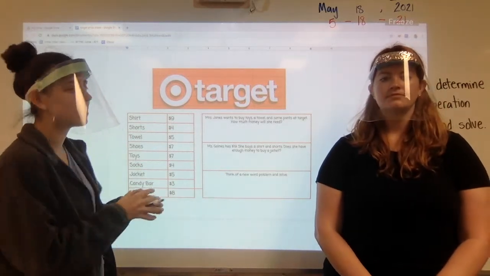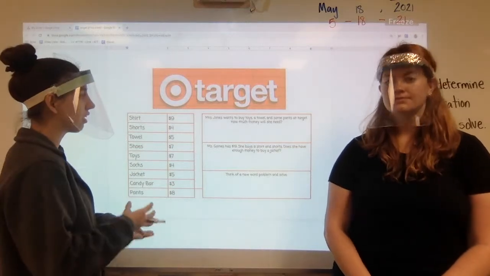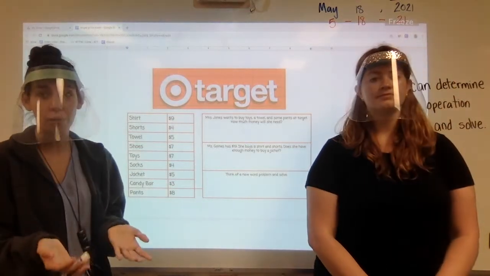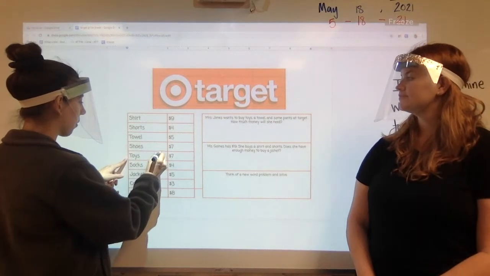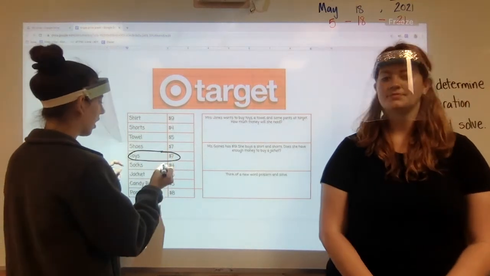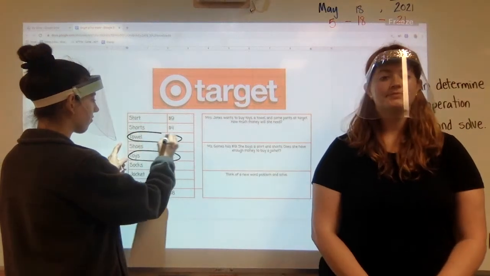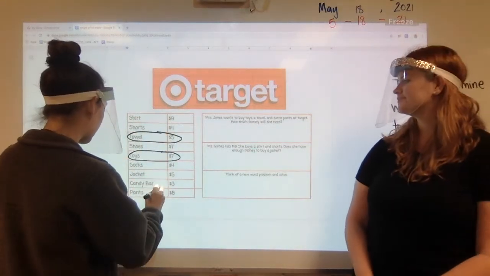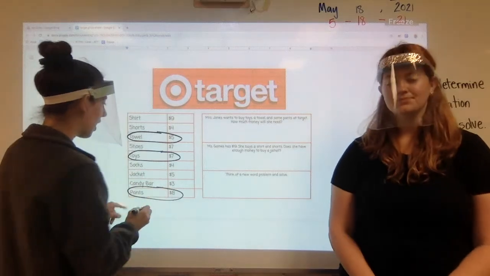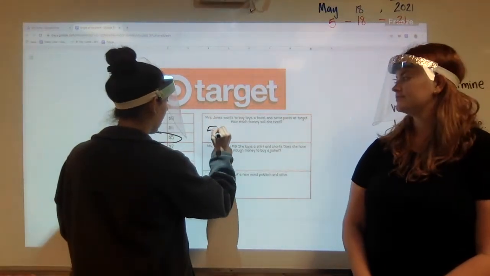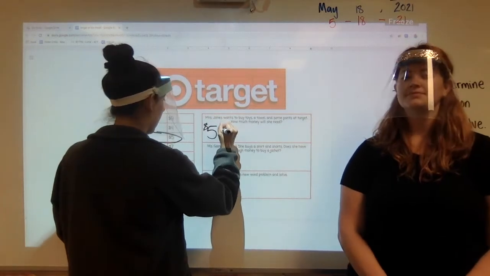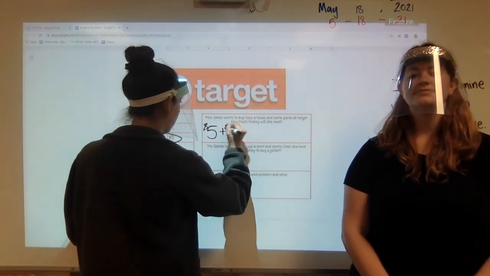It looks like I'm going to need to add all of those different items together to see how much she will spend. So I know Miss Jones wants to buy toys and a towel, that's $5, and some pants, that's $8. And I'm just going to add all of these numbers together. So let's see, I'm going to start with the towel, which is $5, and add that to $7 and add